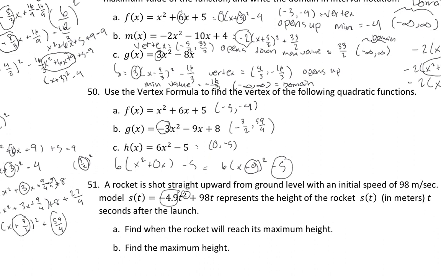So that's going to be negative 4.9 times t, and then it's going to be minus, because we are taking a negative 4.9 out, and this 98 is positive, right? So it's going to be t minus, and I think we divide that out, it's going to be 20t,